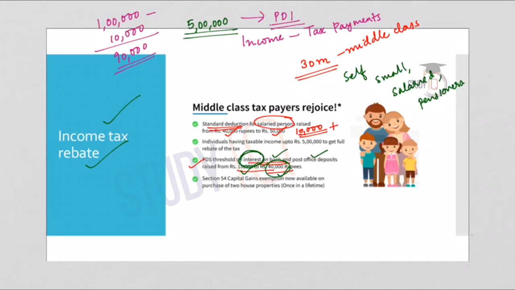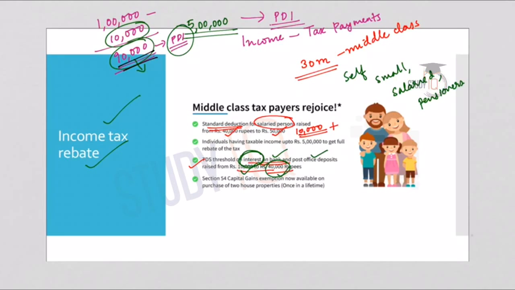So this is your personal disposable income. So what is meant by this personal disposable income? The amount of money that you have for your own expenditure. Because even if you are earning 1 lakh rupees per month, you are not able to spend the entire 1 lakh because you have to make a payment of rupees 10,000 as your income taxes. So what is remaining is 90,000 and this is the only amount that you can spend for your own expenditure. So this is called personal disposable income.